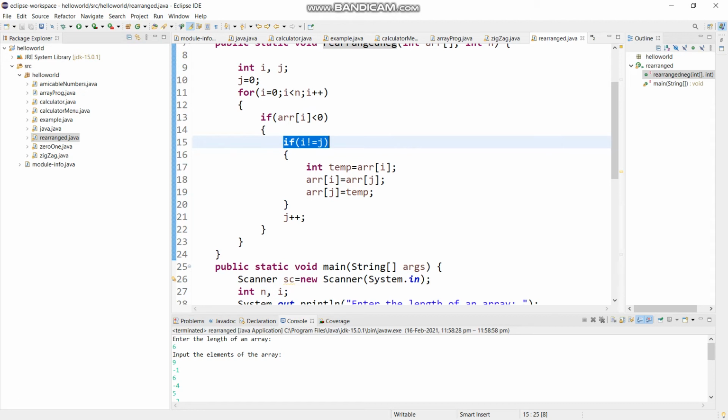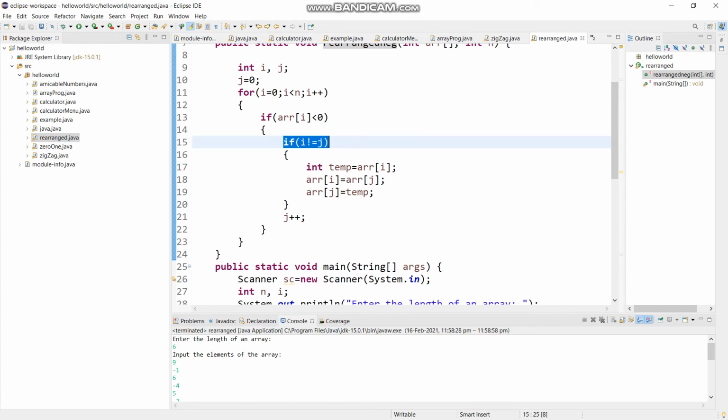I said also I am going to check that this array i, the position of the element, and its value is less than 0, or you can say when it is negative. So also I'm going to check that i is never j.